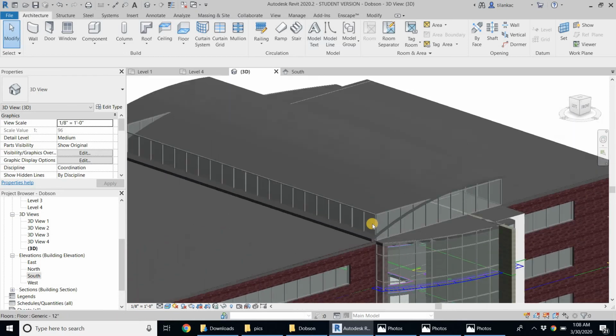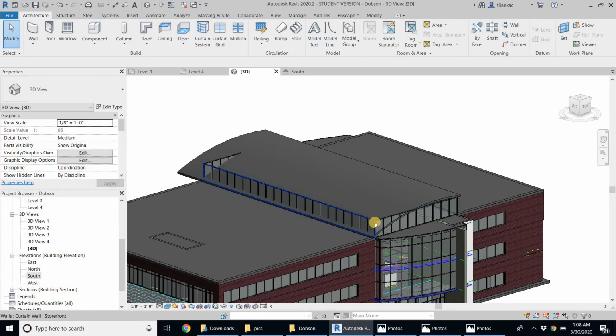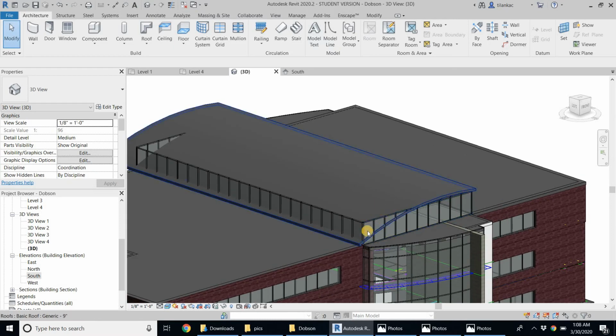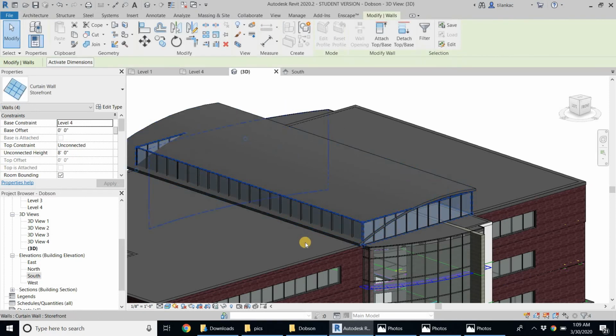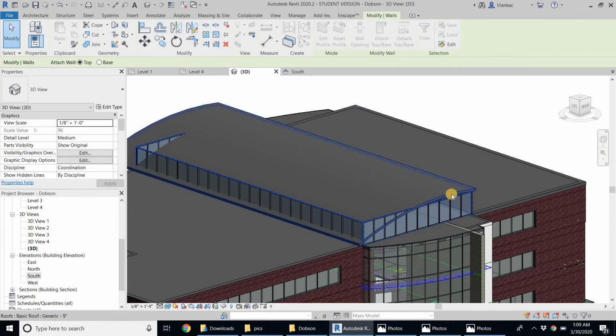Now the next thing that we need to do obviously is this glass curtain, this storefront curtain wall, it just goes beyond the roof, and we need to make sure that it just stays at the roof level. So all we need to do is select the glass curtain walls around this, hover your mouse, tab once, and it selects all the glass curtain walls that are connected. Click in order to select all 4, and you can use this attach top to base